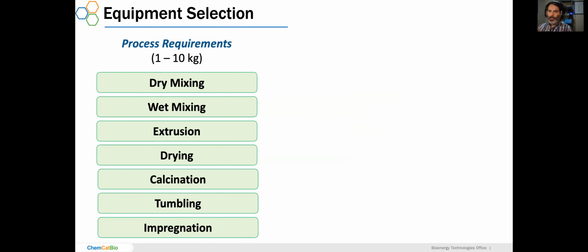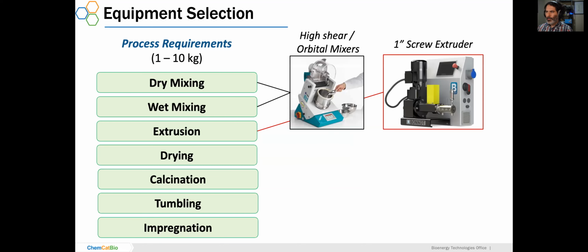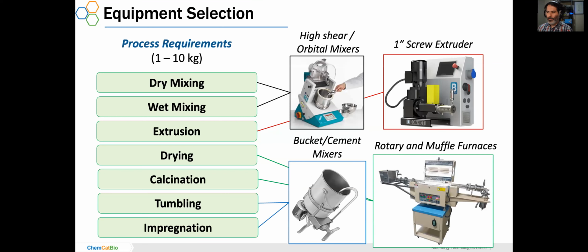And so we're really starting to try to consider this baseline engineered catalyst form. And then what we did was, again, looked at all of the different materials that we would need to be manufacturing and the process steps associated with those, while paying very close attention to make sure that these were done in ways that there were industrial analogs. And so looking at high shear mixers and orbital mixers, screw extruders, rotary and muffle furnaces that can operate both in batch or continuous flow modes, and then bucket mixers and cement mixers for tumbling and calcining and simulating attrition